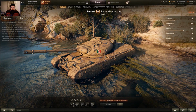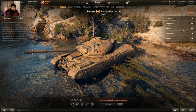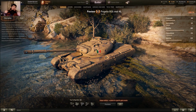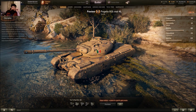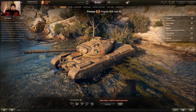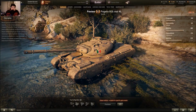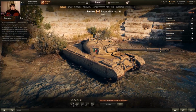So, yeah, it is not OP like crazy. Just sit there. Object 252U, defenders. It's not like that. You have to think. You have to manage your shell reloading times and play accordingly, move accordingly, and do stuff in the meantime, like spot for your teammates. So I do like vehicles like this. I do like vehicles that make you think, than just show up, like Object 252U or 268 version number 4. Just blindly charge in and just don't give a fuck. That's stupid, right? But yeah, it's not a bad looking tank, and we're going to see the Italians likely first,